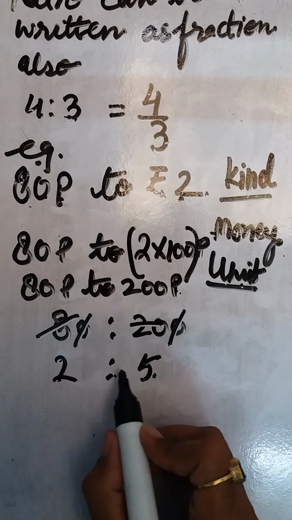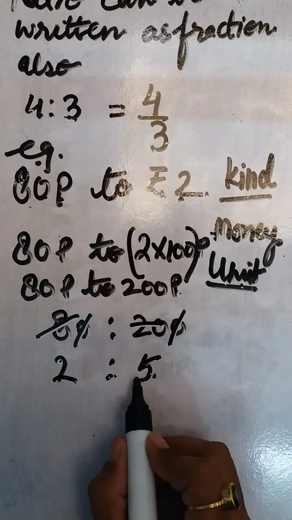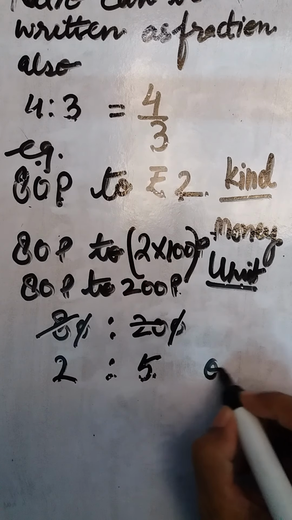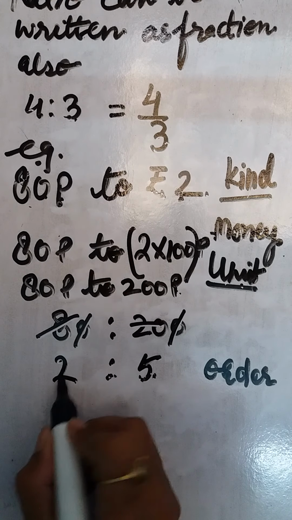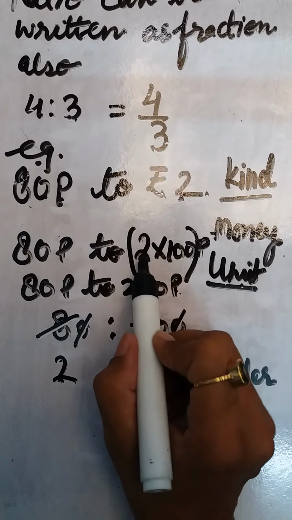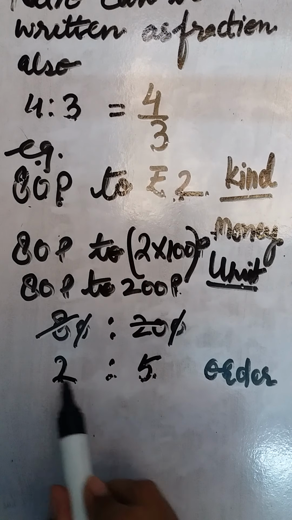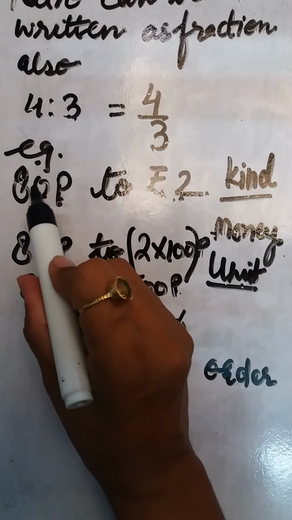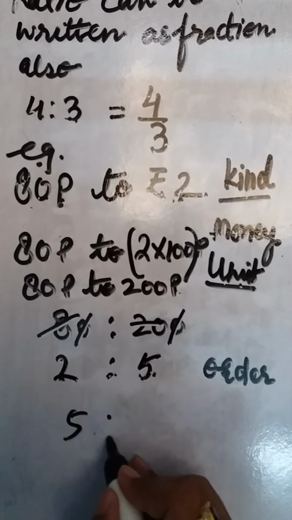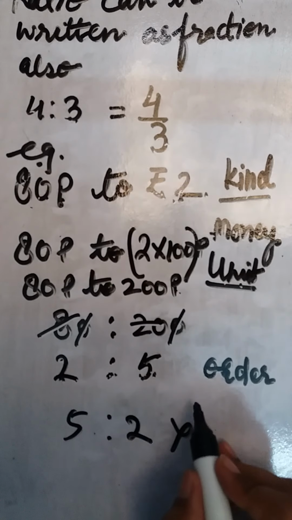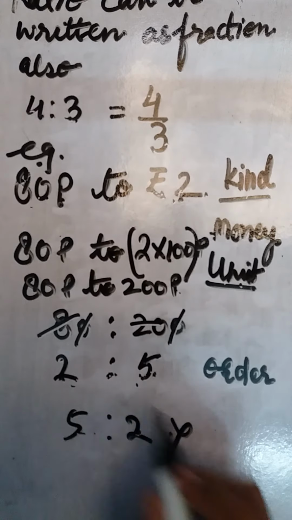And if we call it 5:2, that is totally wrong, because this changes the order of it. The order is also very important. We cannot make changes in the order. So it should remain, this is 80 paisa to rupees 2. The ratio we need to find, it means it is 2:5. If we say this answer for 80 paisa to 2 rupees as 5:2, then it is wrong. That means we have changed the order. So we will not change the order. The answer is this one only.